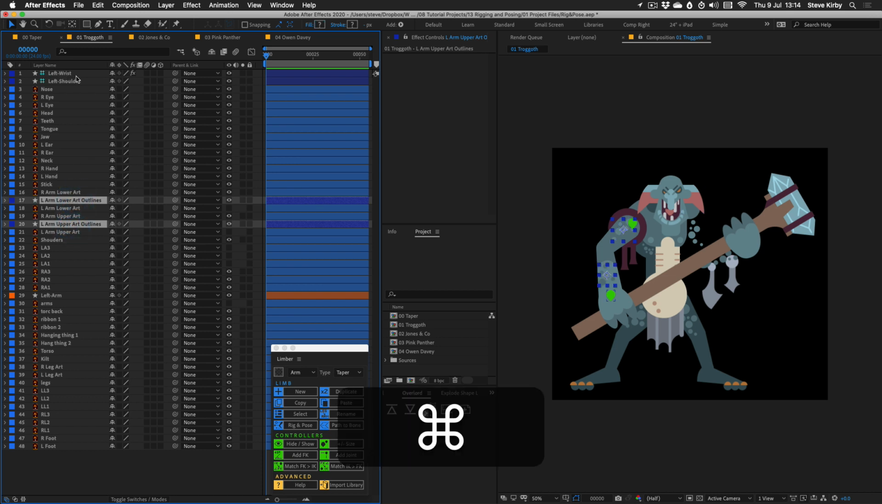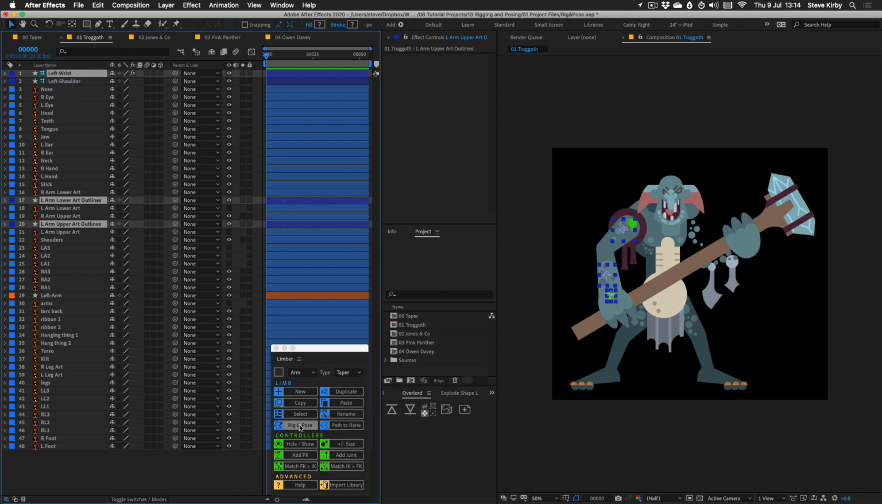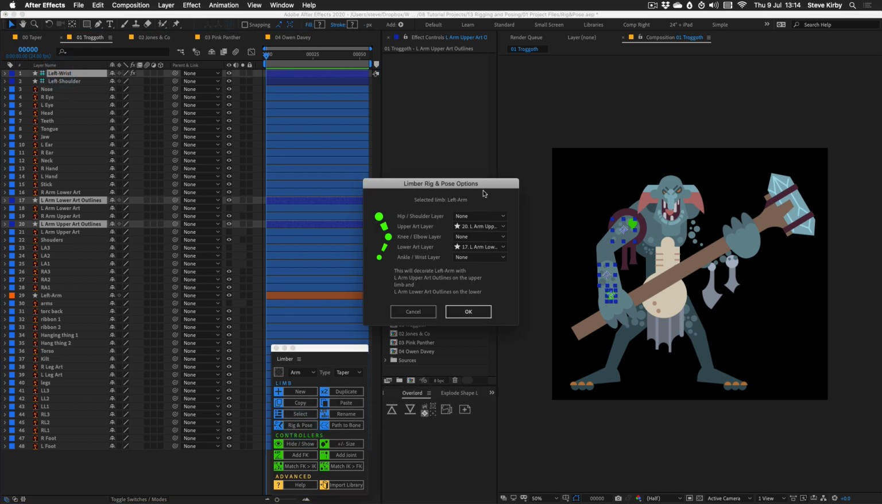Then I'm going to select one of my limb layers. I'll select the wrists up there. Then I'll click rig and pose again, and we see the options panel again, except this time it knows that I've selected a limb, so it's saying selected limb, left arm, and it's pre-populated the art layer drop downs with those two layers. So that's all correct, and I can click on OK,